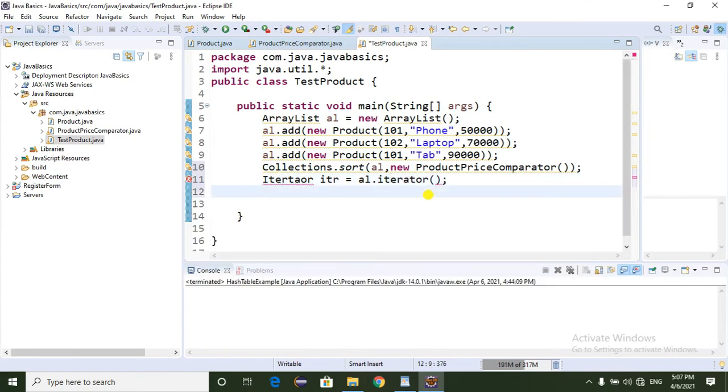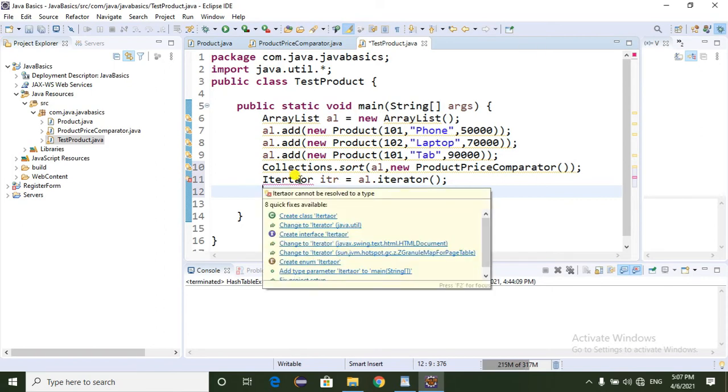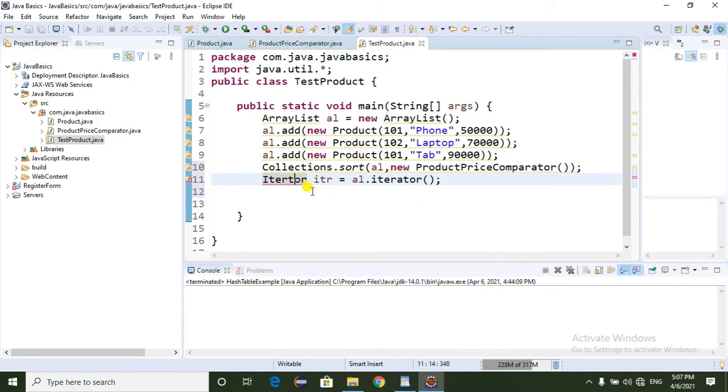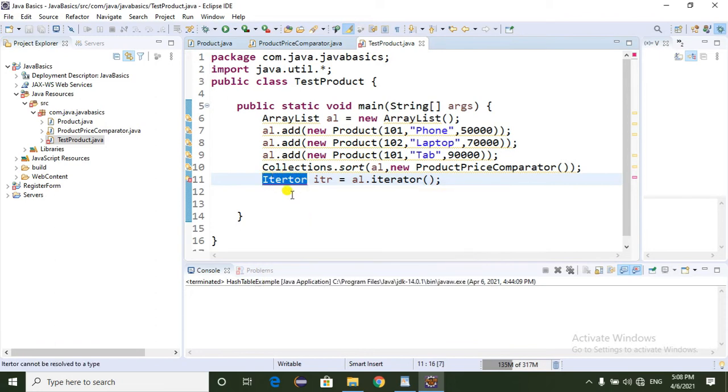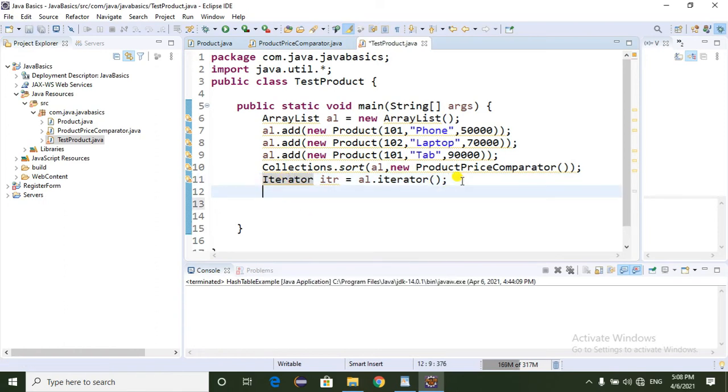The iterator spelling is I-T-E-R-A-T-O-R, so this is the class name. Now I'm going to iterate the data, just using the while loop, itr.hasNext. Here I'm going to iterate the data.